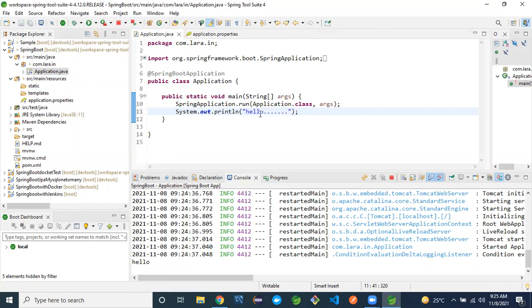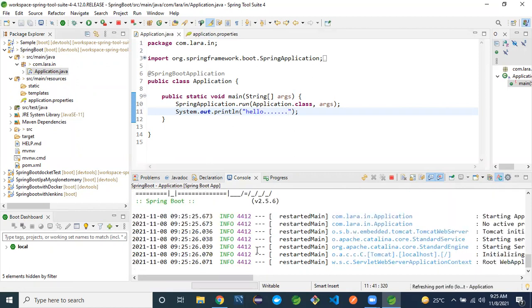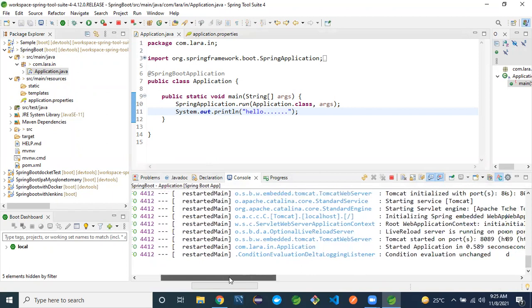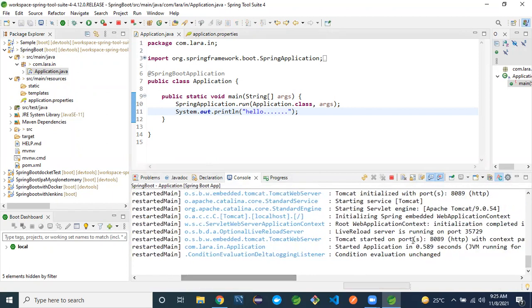Control S, save. See, it automatically restarts. Hello, it prints. Because of DevTools it works. Port number 8089.